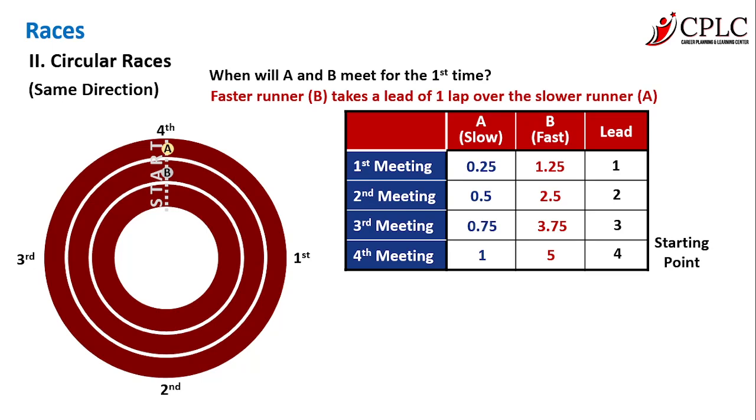The second thing that we need to understand here is how do we decide how many points they meet. So there is a simple framework for that which we'll have to remember going forward. For example, for this particular question, we had assumed that the ratio of the speeds for A and B is 1 is to 5.